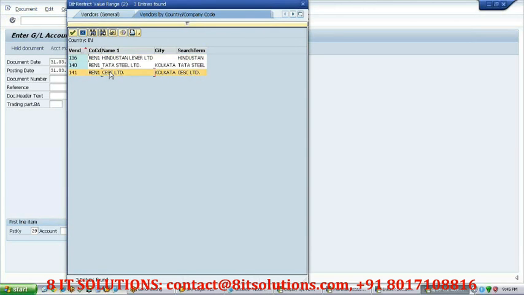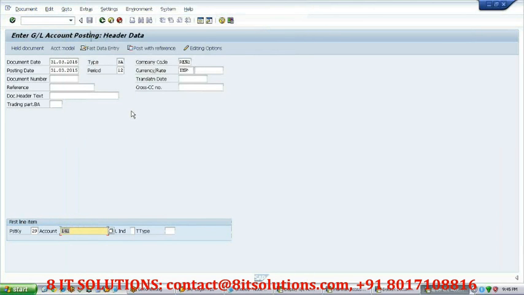So anyone, maybe we can check with our reliable one only. Now the moment you press enter, it will not allow you to go inside. Why? Now it is saying for 29 special GL indicator is mandatory. So here you need to put the indicator you have just created, called 2, or whatever is applicable. For us it is 2 because we have created only 2.